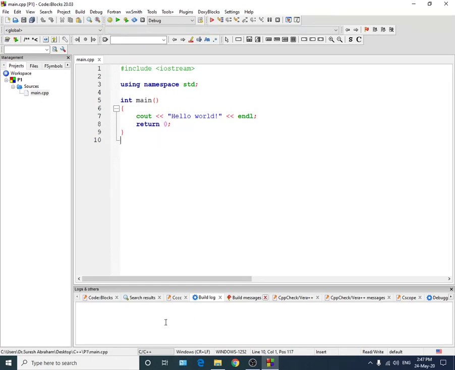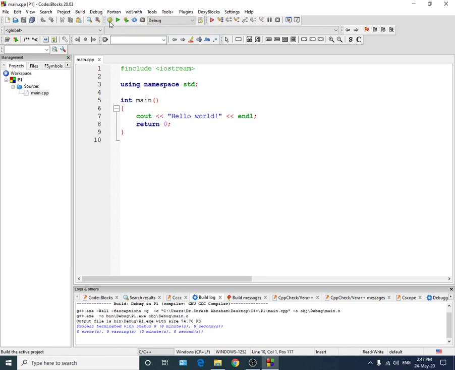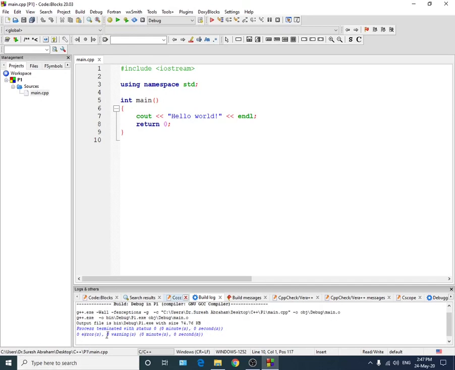You can watch the logs here. I am going to build. It is the yellow wheel. I will build, and you can see here a message is coming up. If it is blue, it means everything is okay. You can read this contents. It is 0 errors, 0 warnings, and this is the compilation process. The compilation has successfully turned up, and here you can see